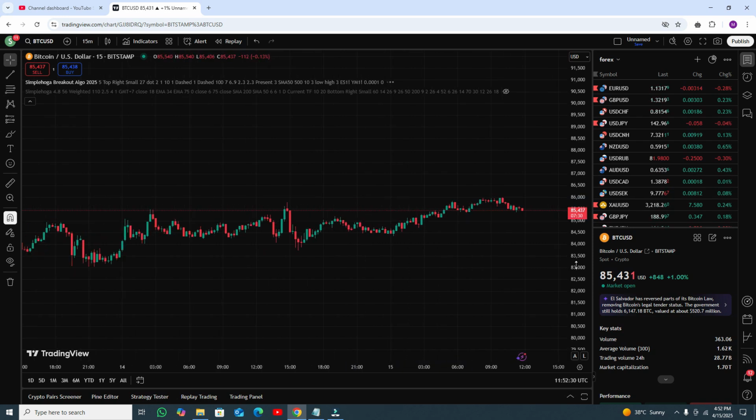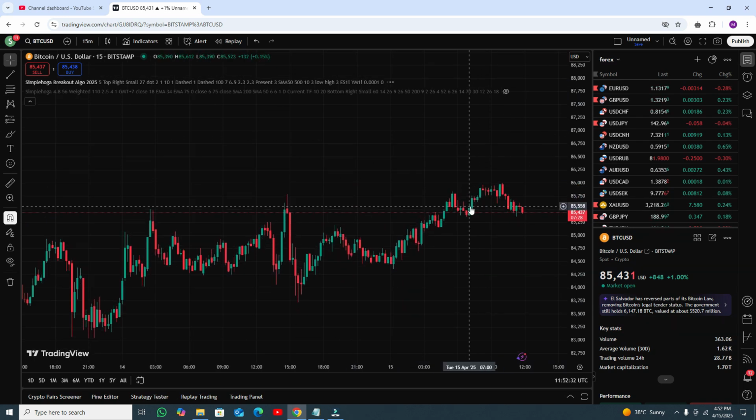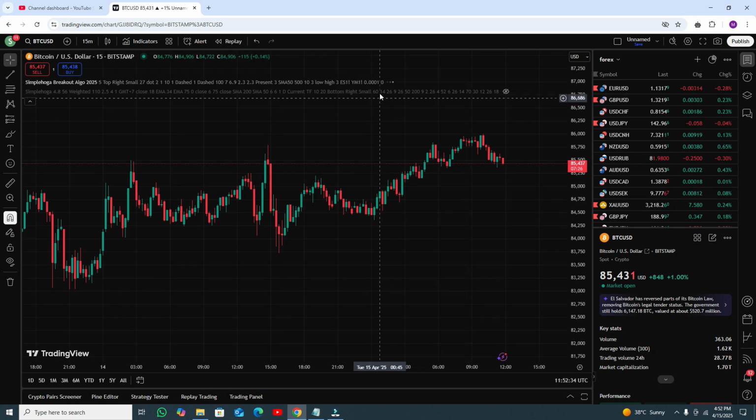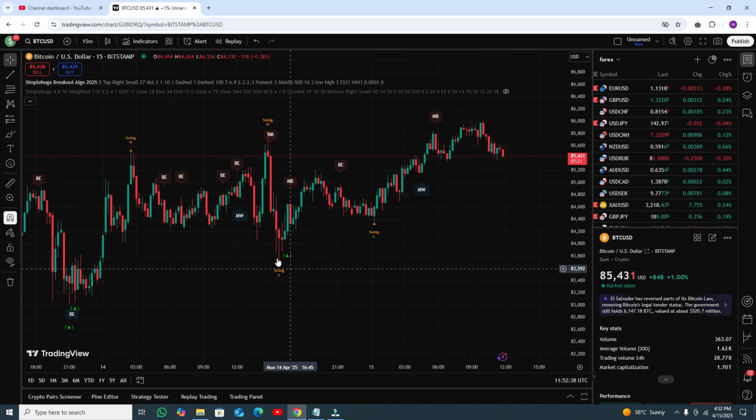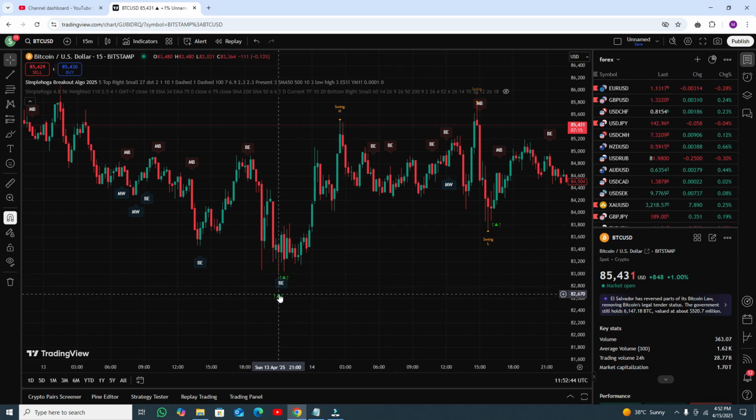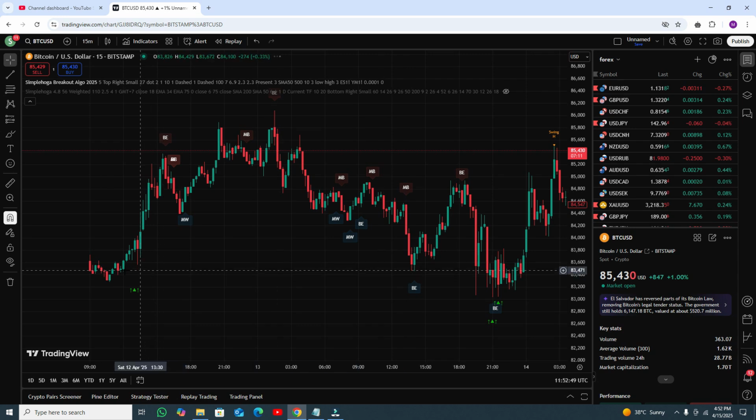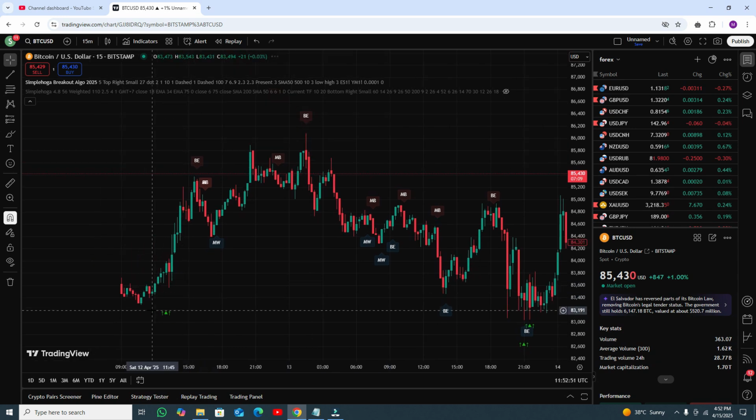Okay, in the 15-minute time frame, still loading. Let me show you. Wait. Okay, now here you can see buy signal and the market going upside. Here you got a breakout buy signal, and you can see. Okay, and this is our breakout buy signal.